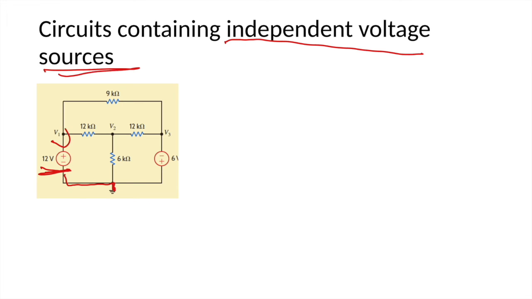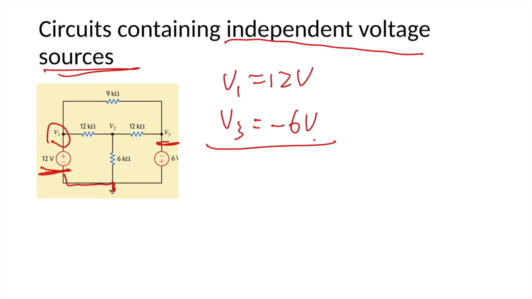So it's obvious that we know the voltage V1 is 12 volts, and the voltage V3 is negative 6 volts. So when the independent voltage source is connected to the reference node,